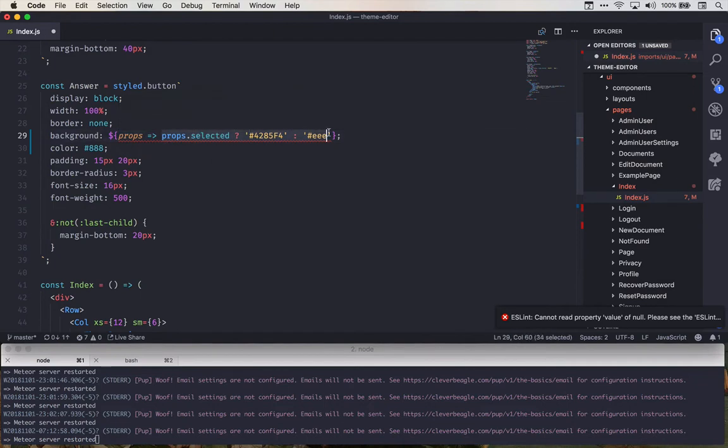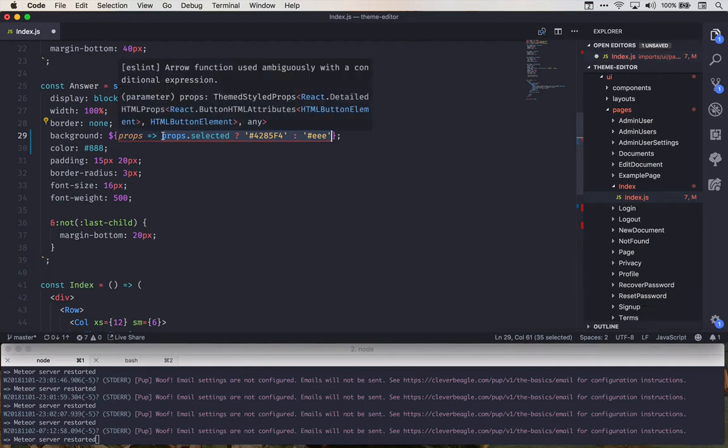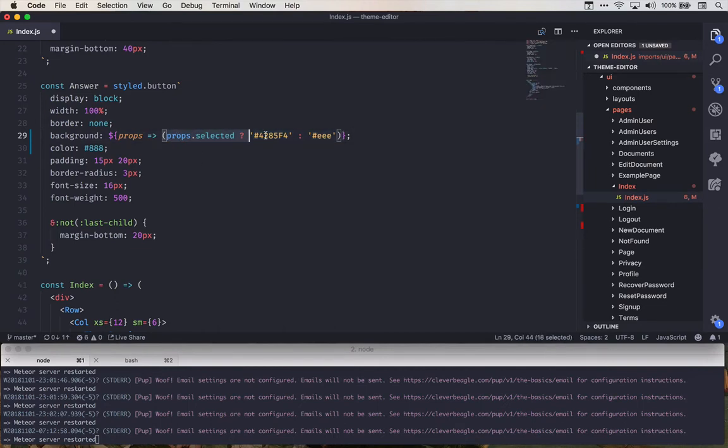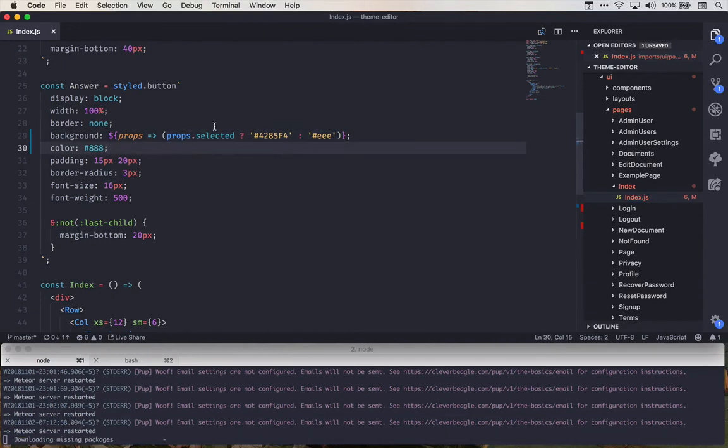And so that's the implicit part of this, is that we're just saying, hey, this is all I'm doing, let's just return it. And what we need to do to get around this warning is wrap our ternary operator in a set of parentheses. JavaScript is still saying, well, it's still an implicit return, I don't see a function body, but it creates a clear boundary between our function call and the value that we're returning, or in this case, our ternary operator. So if we go ahead and save this,